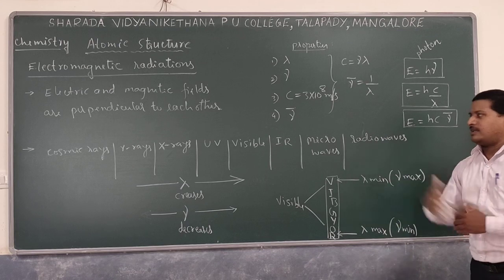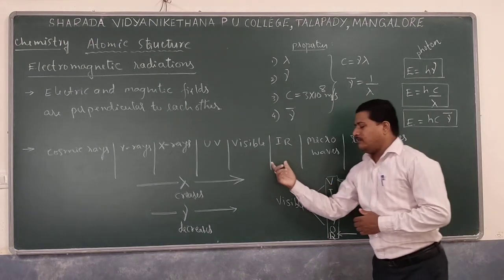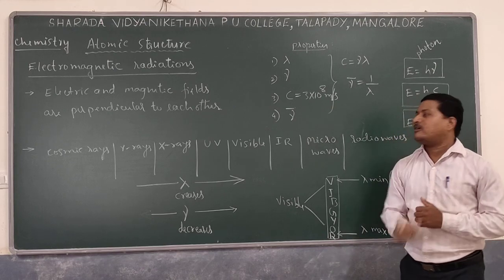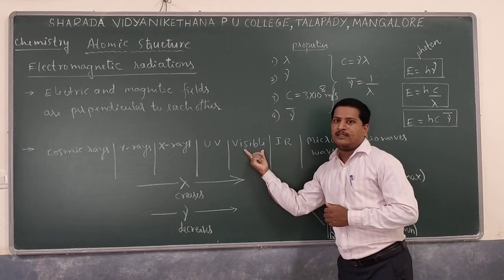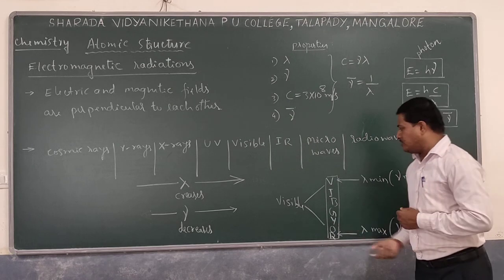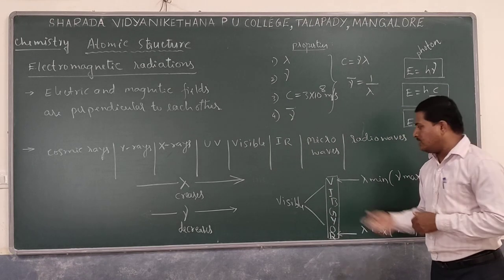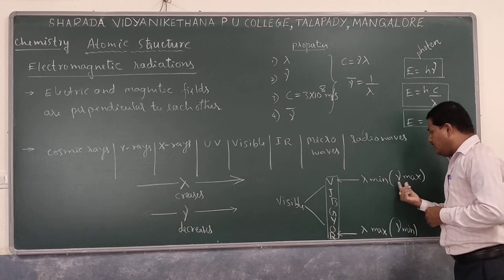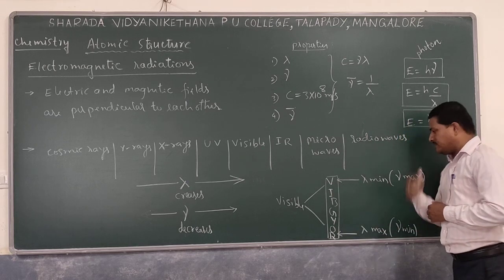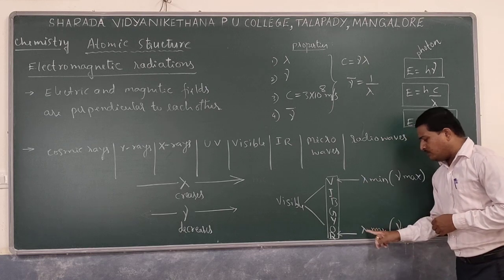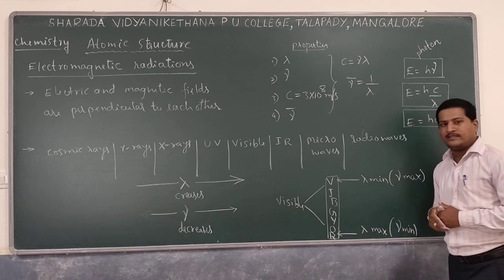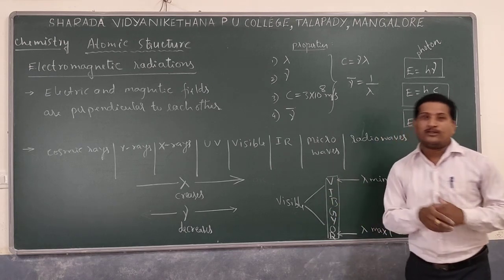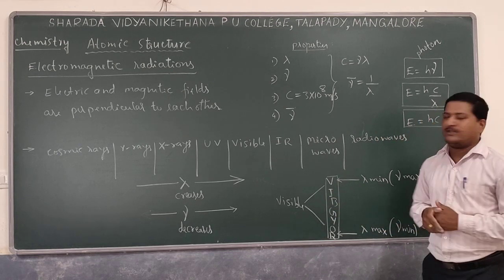So this is regarding electromagnetic radiation, but we can't see all of this electromagnetic radiation with our naked eye. Only one small part we can see, that is the visible region. The visible ordinary light shows 7 different colors. In that, violet shows minimum wavelength whereas maximum frequency, and red shows maximum wavelength whereas minimum frequency. So this is the data you have to remember about frequency as well as wavelength.